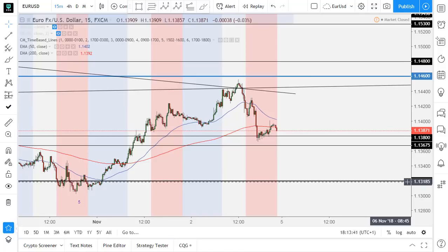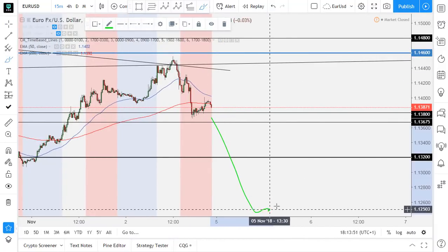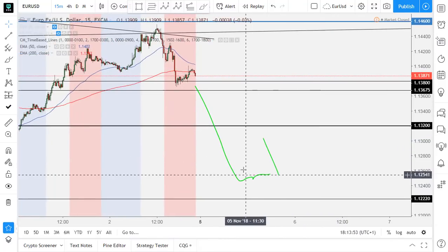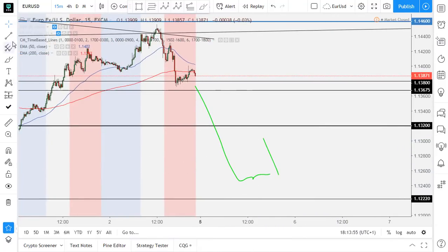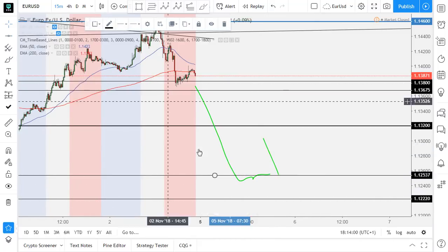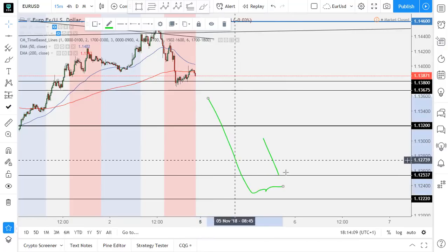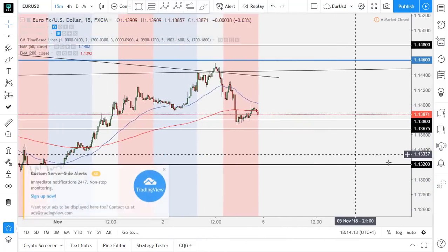This should be done on the weekends, and you can update your levels and trend lines during the week. Obviously, when the market moves to new highs, let's say the market moved all the way down here, and you don't have levels around here, you can update your new levels on the higher time frames and check if they're valid. I hope you understand what I'm saying. So what I try to do,